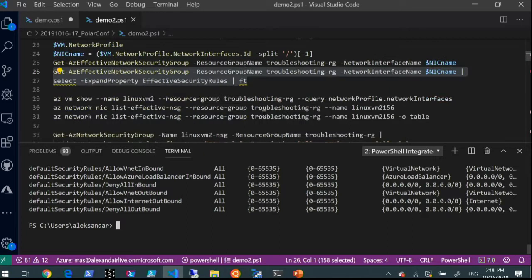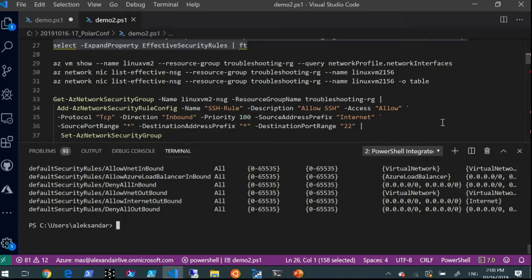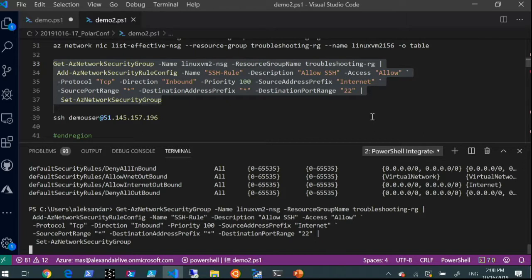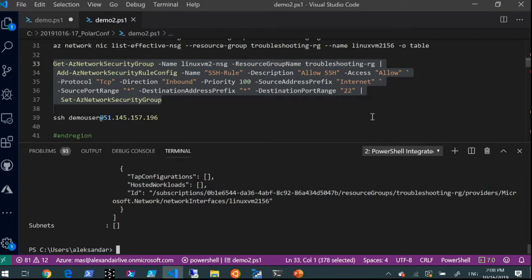And I can do that again. I'm giving you this as a reference. You will get the code after the session. You can do the same with Azure CLI if that's your preference, right? Some people like to use Azure CLI. They're usually coming from a Linux background. So I sometimes provide both codes there. And here, to enable a rule for opening port 22, I need to run this. First, to get the reference to the security group for the Linux VM, and then add the rule with a higher priority than the default ones. If you do that, then it will probably be possible to